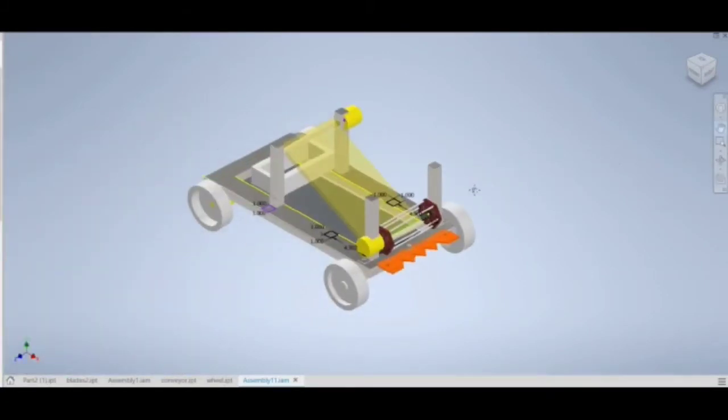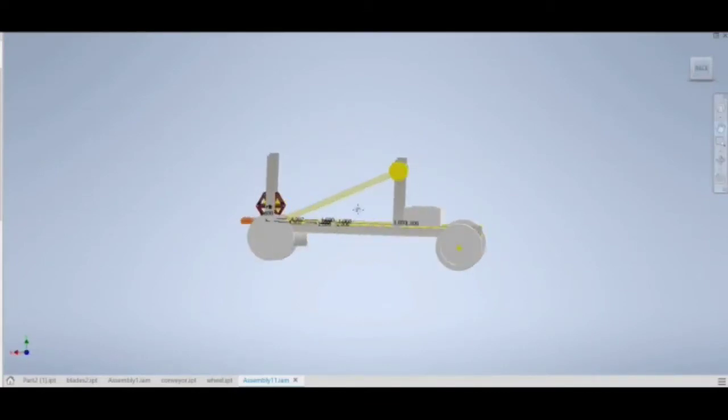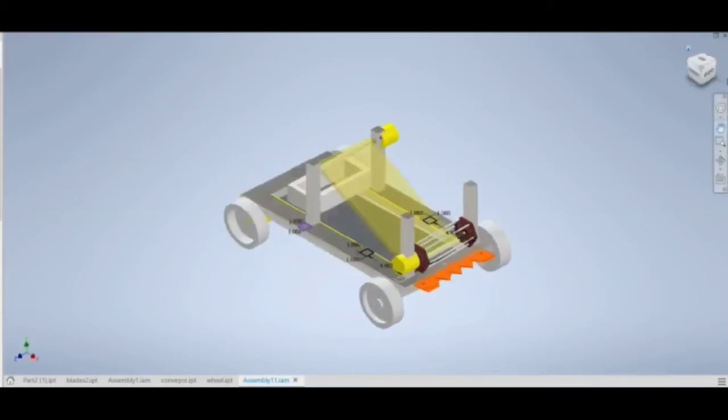One of the very frequent questions asked about our model is, why is the conveyor belt at a particular angle? Why couldn't it just be kept straight so that the leaves could be transported? Well, the main reason why we have kept it at an angle is for the space in the middle. Let me just show you the space. This space, here we keep the battery and other components so that the weight is perfectly balanced and the model doesn't topple. Now let me just show you how the model is in different views.